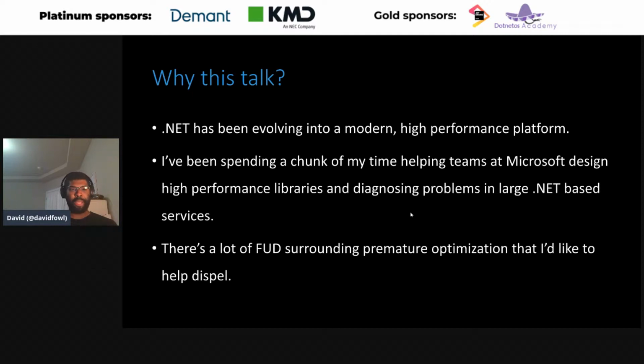There's Span, there are all these new types now to do things, and the team has been very much in a performance culture now. I think since TechEmpower, since doing ASP.NET Core, the team has a culture of performance, and there's a lot of FUD around "don't optimize things before you need to." And I think we've found the balance. At first, in the beginnings, we didn't really think about performance as much, and then we thought about it too much at one point, and now we're in the middle where we optimize things that we think are going to be used in hot paths. So I want to kill the FUD around premature optimization.